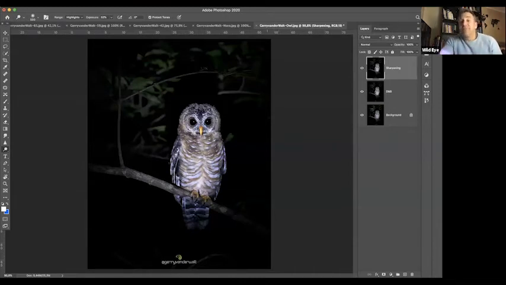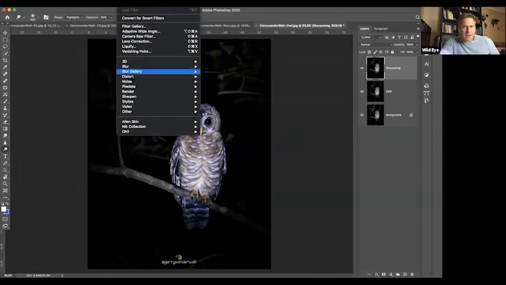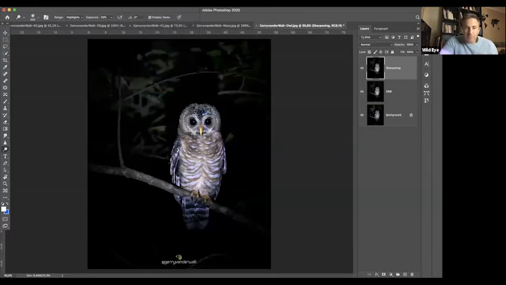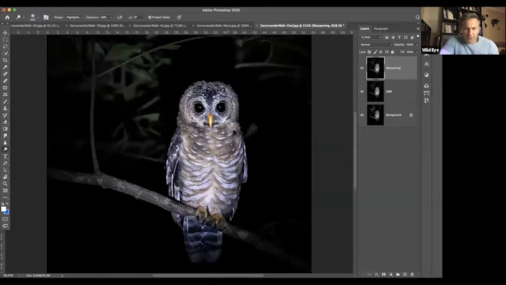Okay, for now, the easiest way: I select my top layer, which I've just created. I go to Filter at the top of the screen here. I come down, down, down to Sharpen, and we go to Sharpen More. Now I've got blog posts as well, which I'll reshare at some stage, about Smart Sharpen and Unsharp Mask. For now it's crude, but it works, especially for online. Watch, click that. Now let me just zoom in a little bit for you.